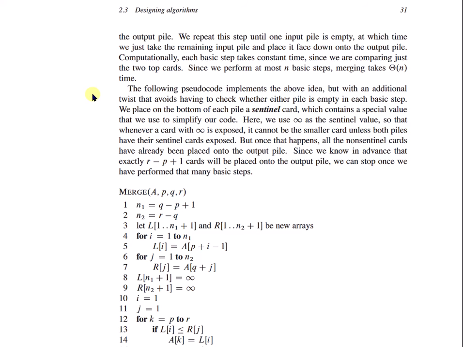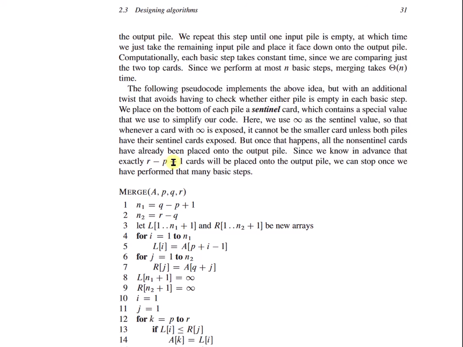The following pseudocode implements the above idea but with an additional twist that avoids having to check whether either pile is empty in each basic step. We place on the bottom of each pile a sentinel card which contains a special value that we use to simplify our code. Here we use infinity as the sentinel value so that whenever a card with infinity is exposed, it cannot be a smaller card unless both piles have their sentinel cards exposed. But once that happens, all the non-sentinel cards have been placed onto the output pile. Since we know in advance that exactly r minus p plus 1 cards will be placed onto the output pile,